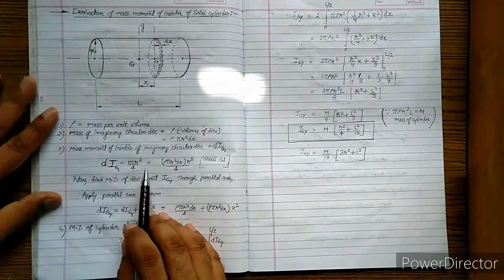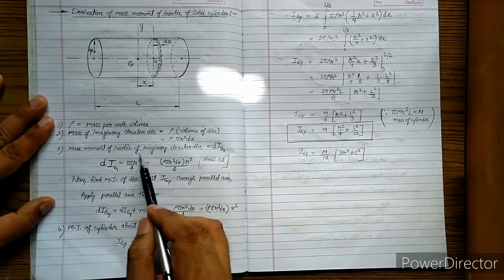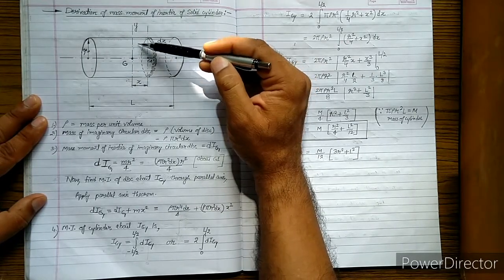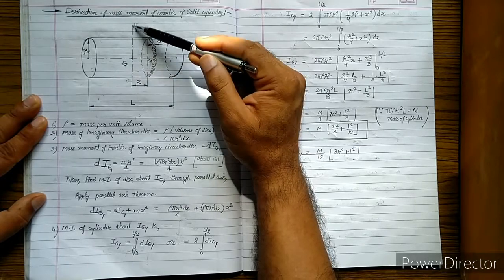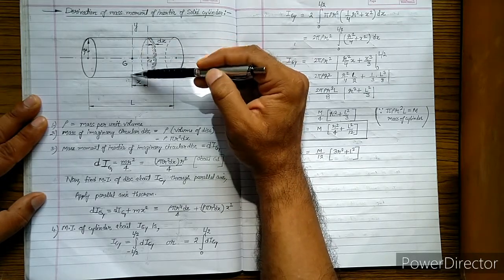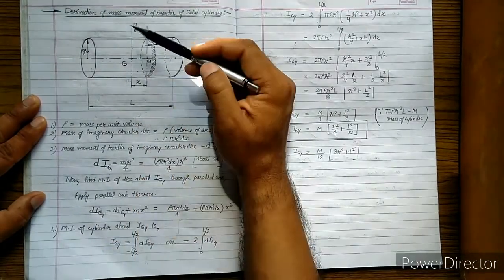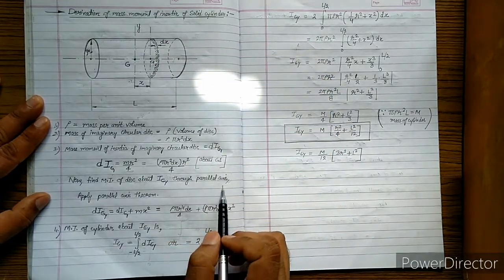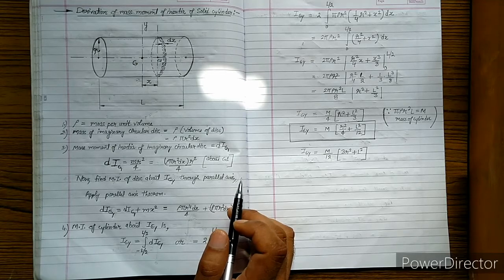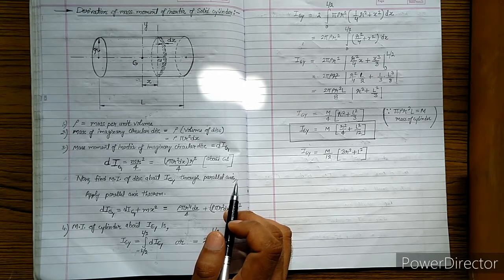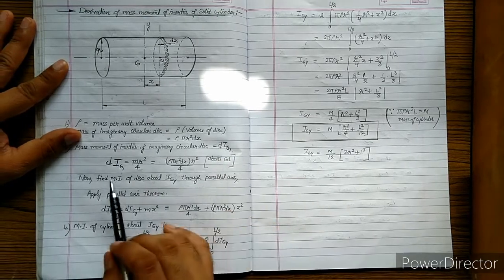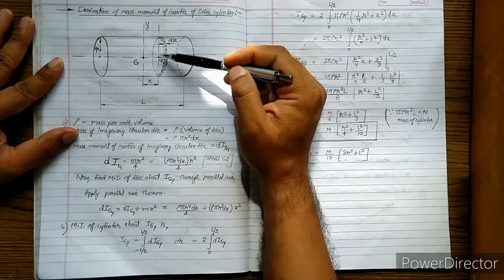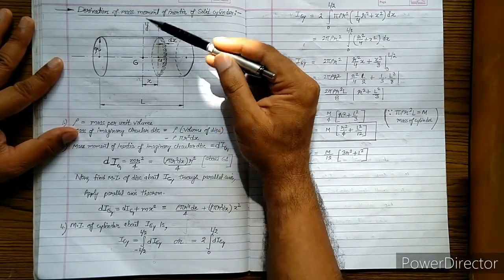Fine. Now what we will do, we will transfer this mass moment of inertia calculated along this particular axis passing through its own plane to another axis, which is the main axis about which we want to find the mass moment of inertia. That axis is yy. Fine. So in order to transfer this moment of inertia to another axis which is parallel to its centroidal axis, we have to use one theorem that is called as parallel axis theorem. I have already made one video on that theorem, and I hope you have watched that particular video and you know very well what is a parallel axis theorem. So next step is we will transfer this particular mass moment of inertia about its own central axis to the main axis, that is y axis, through parallel axis theorem.